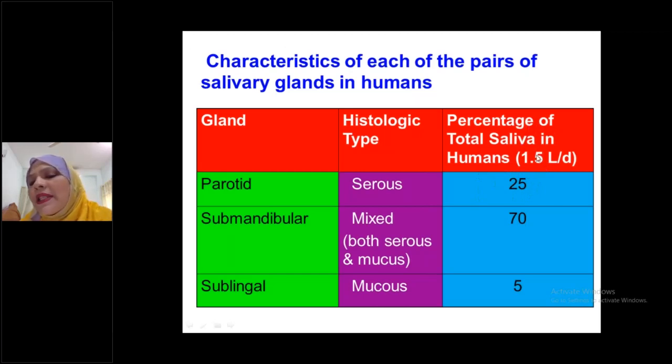Normally total saliva in humans is 1.5 liter per day, that is 1500 ml per day. Parotid gland secretion is serous type and contributes 25%. Submandibular is always mixed, both serous and mucus, and contributes 70%. Sublingual is mucus type and contributes only 5%. For the MCQ exam, please memorize this slide very nicely, and also for Viva